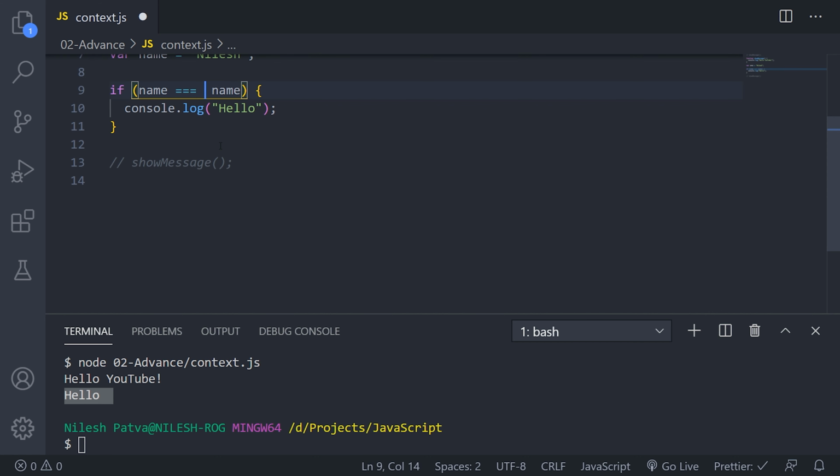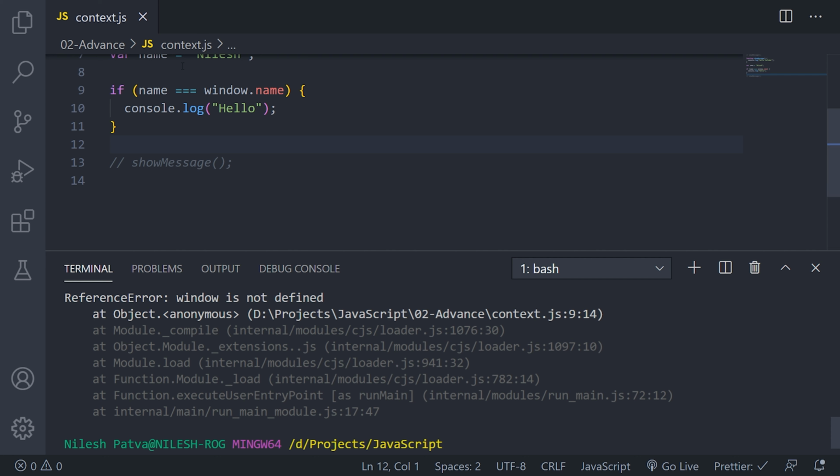And if I write window.name here and run this inside my Node program, then we'll see what happens. Inside my Node program, if I write window.name, it will throw an error because the window object or window context is not here, but the global context is there. We will see how we can access this global context in a Node program. This is not for Node time. We are just learning about JavaScript, and this is the advanced part of it.